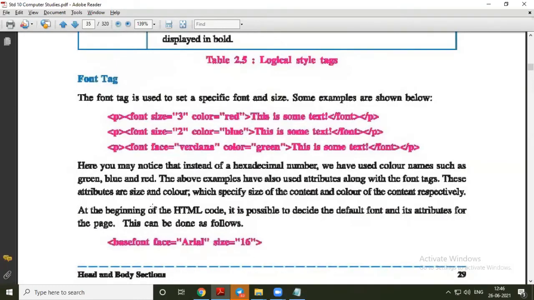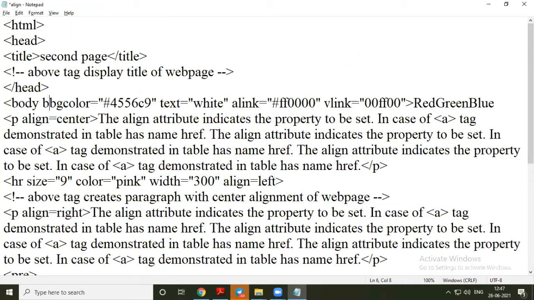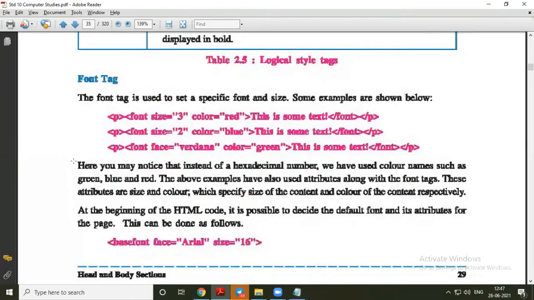Now there is one tag called base font. If we want some text as base font, that means all text in our web page should get this type of text, at that time the base font tag is used. It works in the body tag only. Base font is a tag itself.